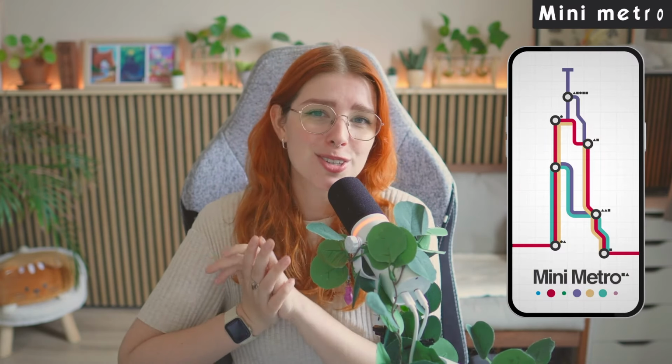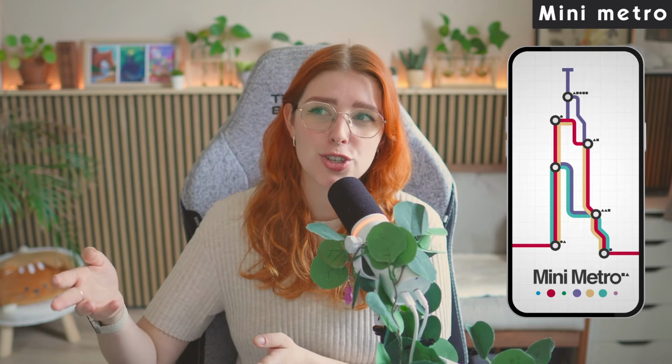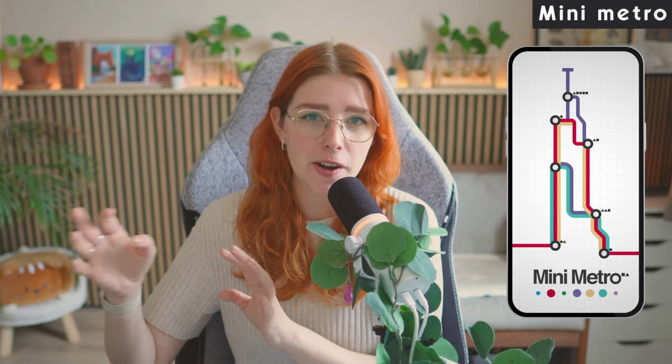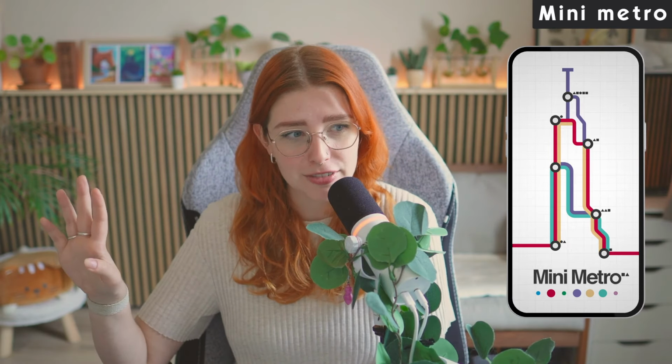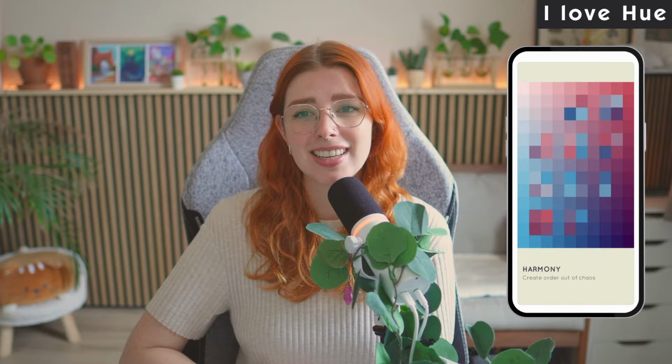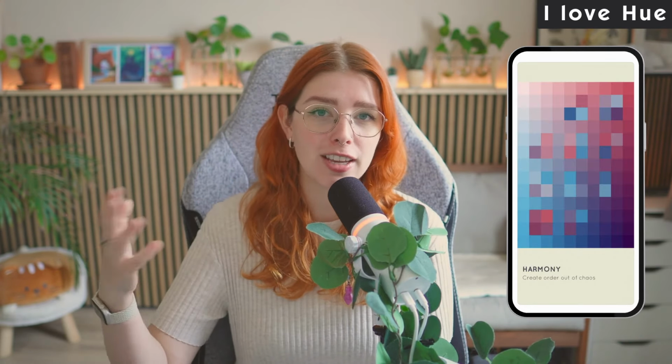So on my phone, there's a couple of games that I really enjoy playing. One is called Mini Metro, which allows you to basically make little metro networks in different cities, and it's a very simplistic game, but it's so mindful and I love it. The other one is Pigment, which is a digital coloring book. This is specifically perfect for on your iPad if you own one, or on your tablet. Then I have one that is called ELSWHERE, which basically allows you to organize colors, and it's just one of those I don't have to think about things, I can turn my brain off games,